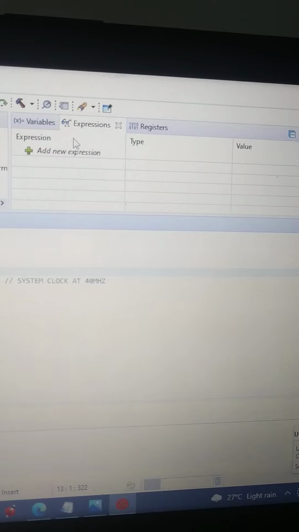So debug is over. Now see, this is known as the watch window.